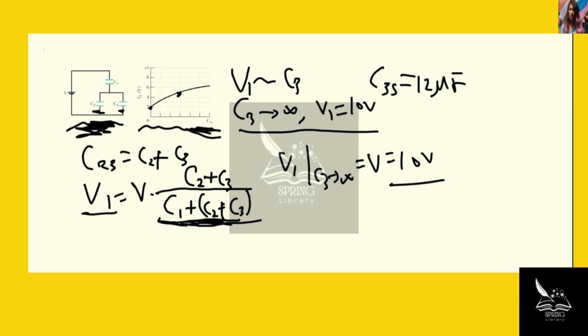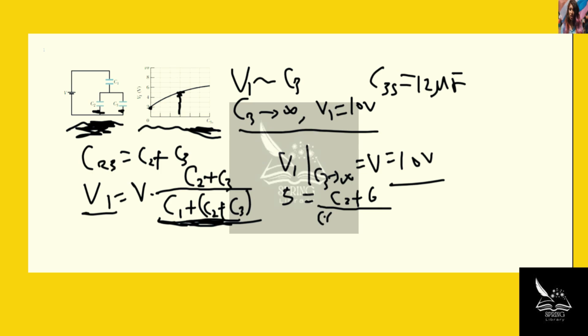So by looking at this point, we have 5 volts equal to (C2 plus 6), right? Here is 6. And divide by (C1 plus